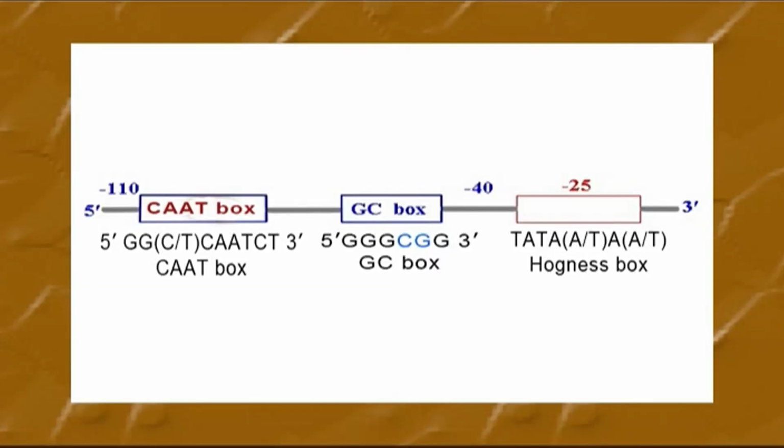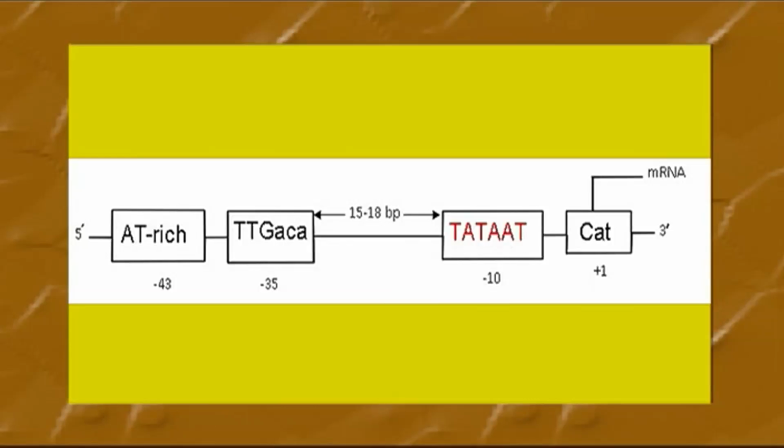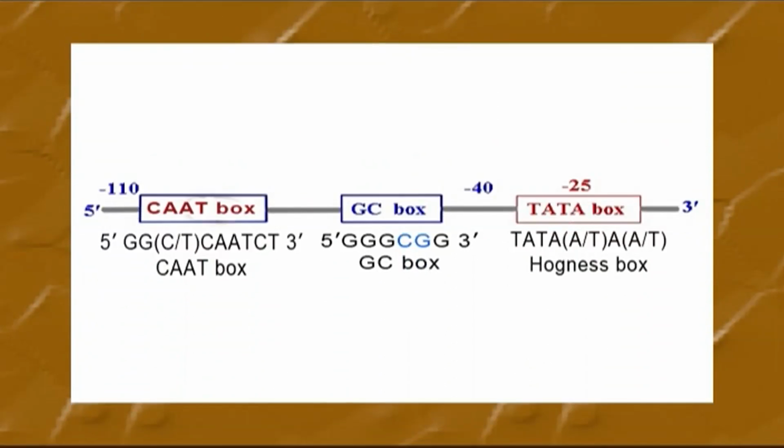The least effective of these 3 regions is the TATA or Hogness box, located 20 base pair upstream to the start point. The TATA box is surrounded by guanine-cytosine rich sequences and is comparable to the Pribnow box of prokaryotes. Further upstream is another sequence called the CAT box, which, being necessary for initiation, is conserved in some promoters, but is not necessary in some other genes.